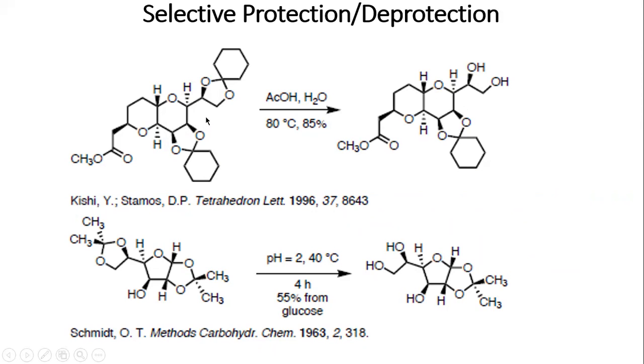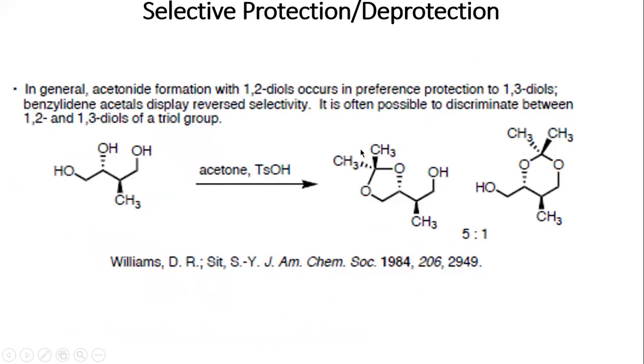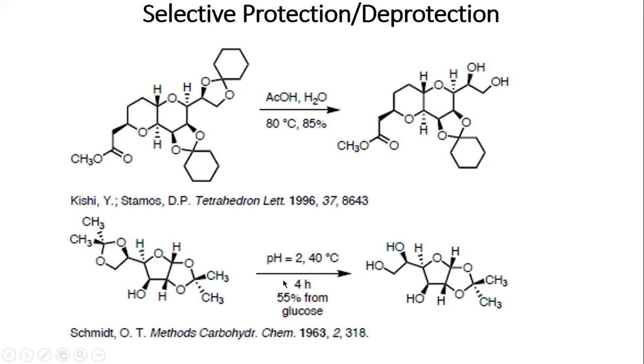And it's probably, again, related to sterics, because this 1,2 diol is a little bit more sterically encumbered. It's got more functional groups around it, and this one is a little bit more open and easier to access, more accessible. So that's probably why you see this one being deprotected selectively. And the same thing here, where you